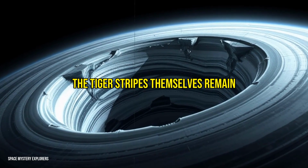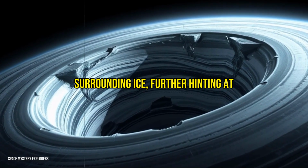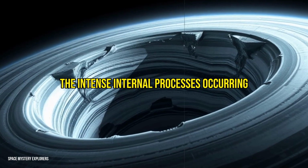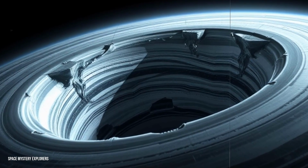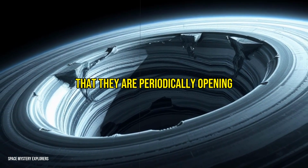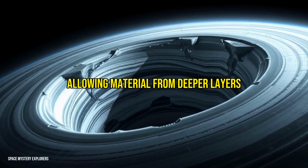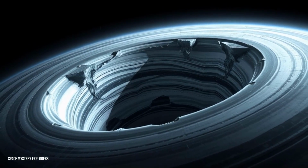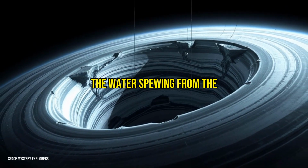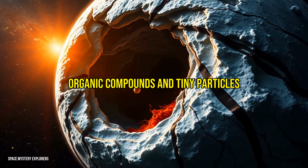The tiger stripes themselves remain relatively warm compared to the surrounding ice, further hinting at the intense internal processes occurring below. Analyzing these fractures has revealed that they are periodically opening and closing like breathing fissures, allowing material from deeper layers to escape. The water spewing from the tiger stripes is laden with organic compounds and tiny particles of silica,